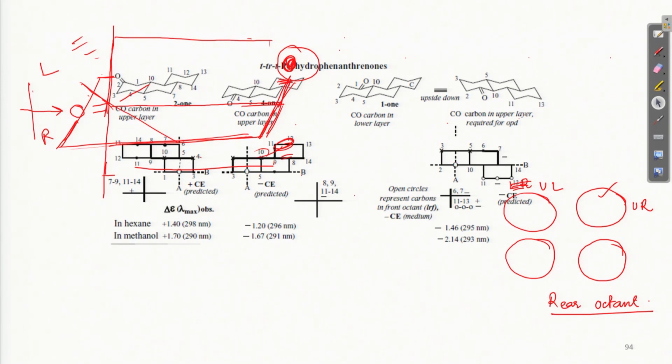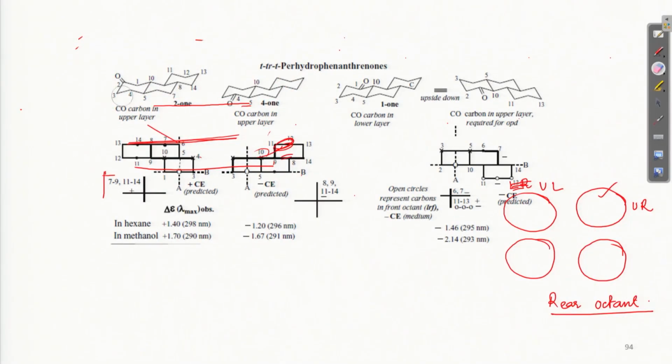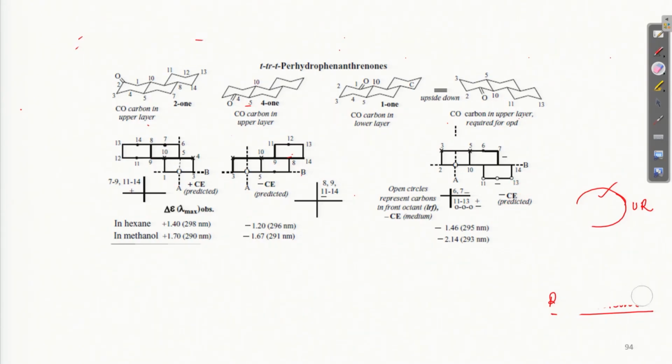Now, let us take the decalone system or even the cyclohexanone system, a simple system, and apply the octant rule. Then let us take a little more complicated cases, meaning cases where the number of cyclohexane rings is more. Remember, you should always be very confident in your understanding of the axial and equatorial bonds of a cyclohexanone, because